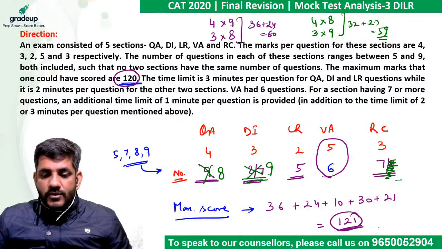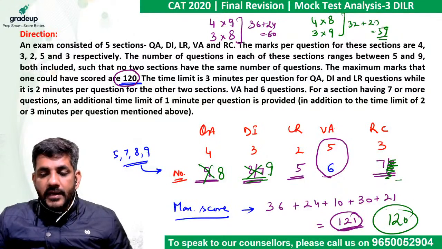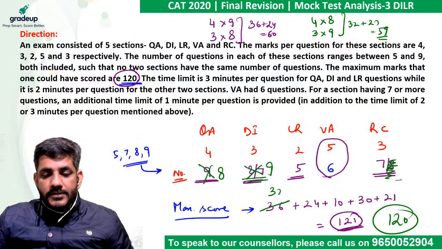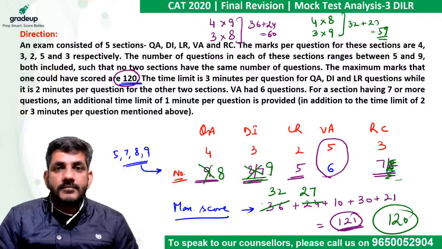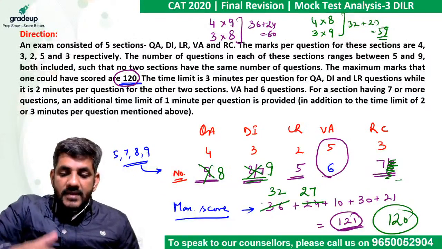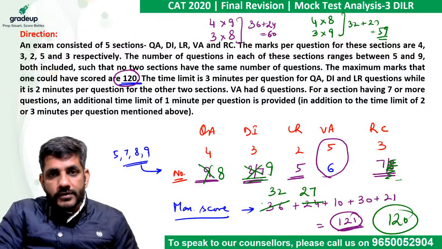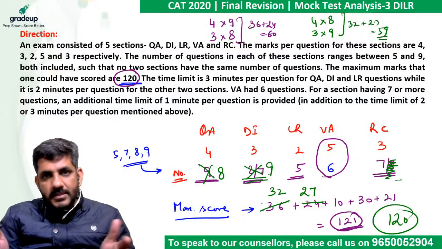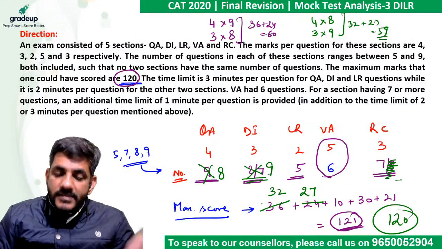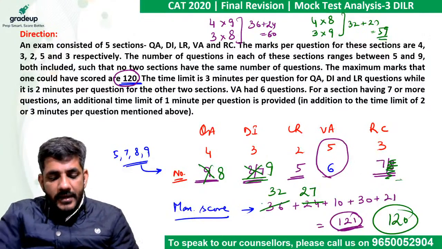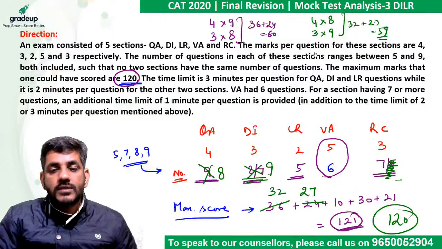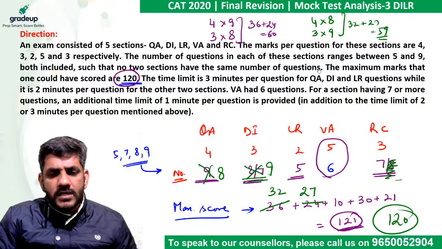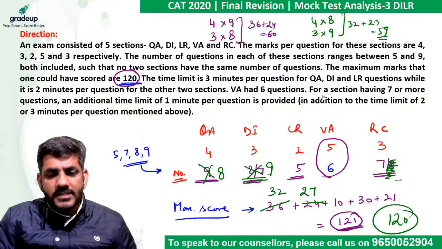Now in this case your total would become 120 because this 36 would become 32 and this 24 would become 27 and hence now the total would become 120. We got this answer at the upper limit of this. I told you we should calculate both the extremes. Sometimes we get the answer at the lower limit, sometimes we get it at the upper limit. Here because it was very close to the upper limit, so we got the answer close to the upper limit. अगर ये बहुत दूर होता 121 से तो हम लोग लोअर लिमिट को एक बार चेक करके देखते हैं,